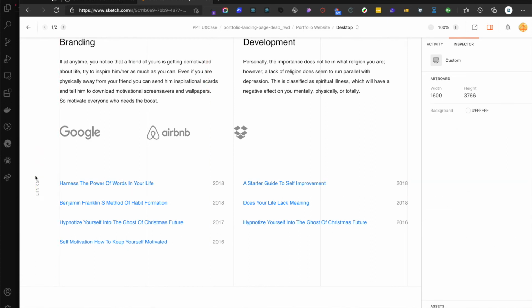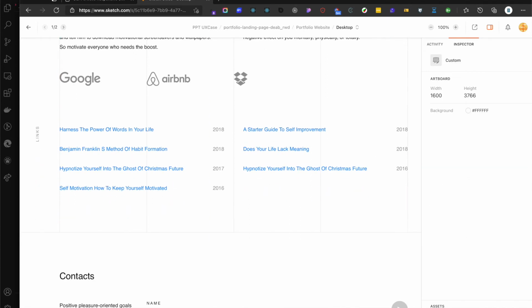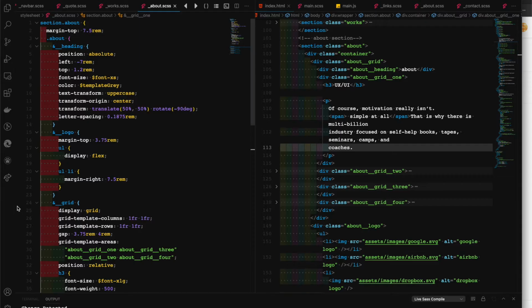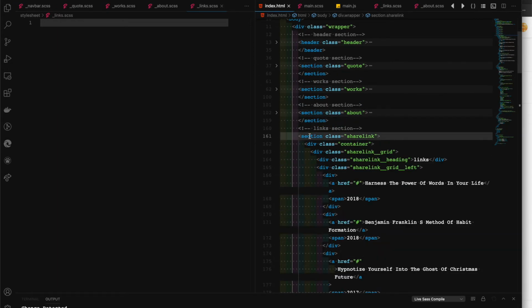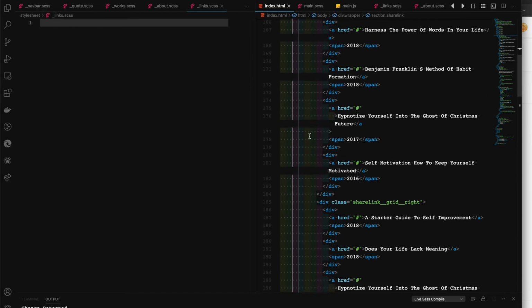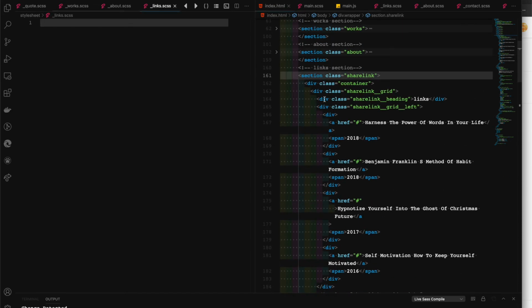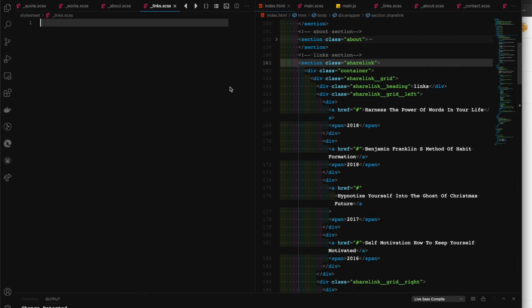So let's move quickly to our links section, and the link section is also quite similar. Let's hop in to links, and let's close our about section because we will come for responsiveness for our about later. And for our link section right here, let's add some styles. First section is links. It's called share link. Okay, share link,